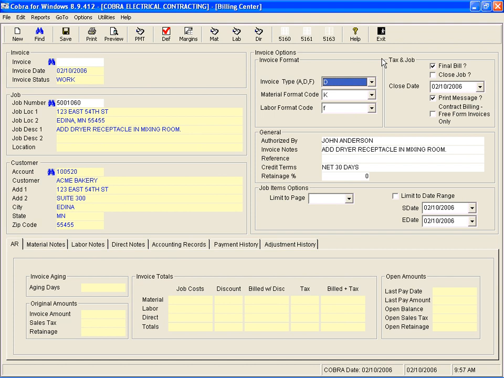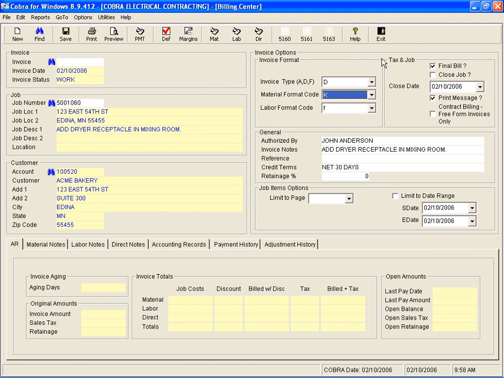The A is very similar to detail invoices, but that's a very specific type of invoicing, so unless I hear the need for it, I don't really get into that too much. You can click into the help system though and find out about activity billings, which is what the A means. Now when we talk about a detail invoice,